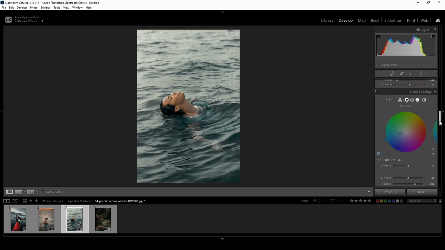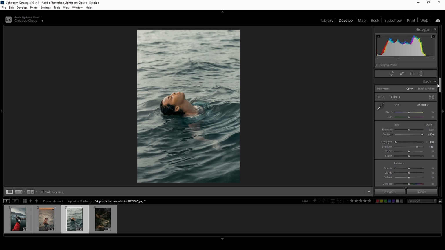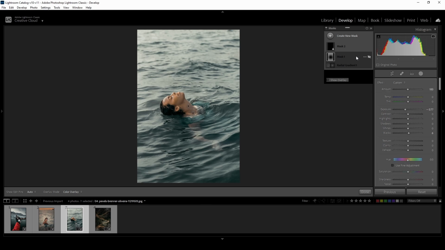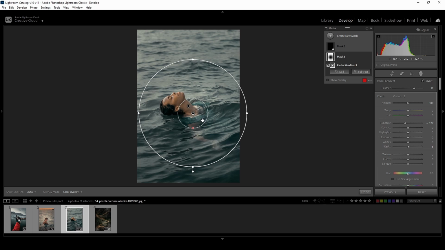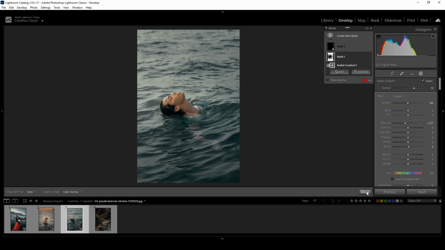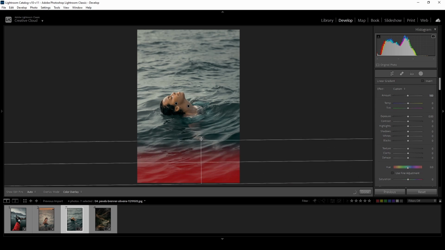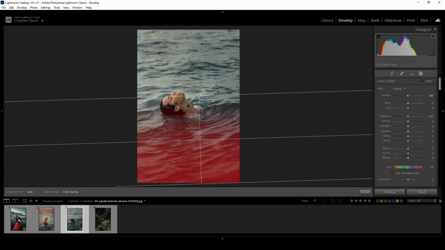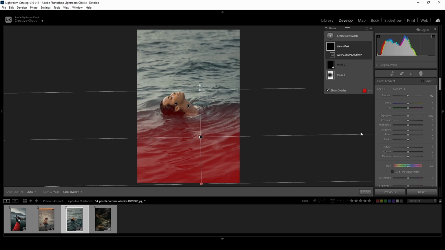Now, let's go to the local adjustments and move the radial filter to the subject's face. I am also adding a linear gradient filter at the bottom to make the subject pop by reducing the exposure, just like in one of our previous edits.